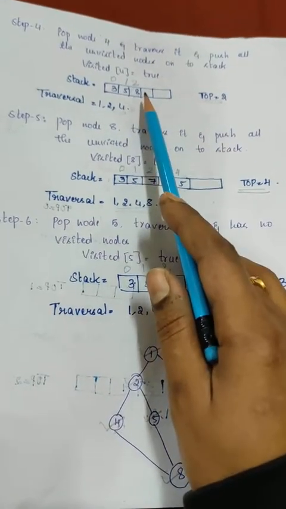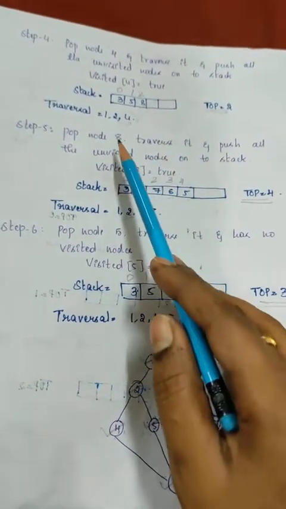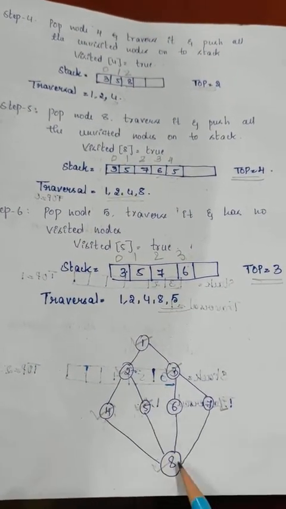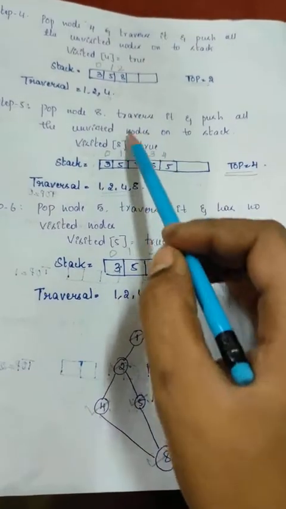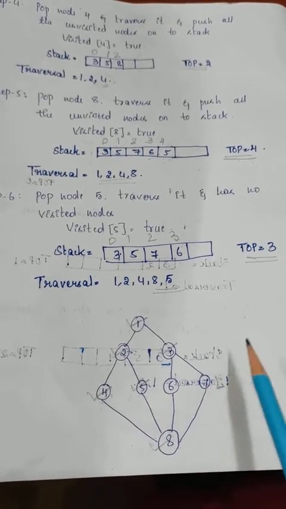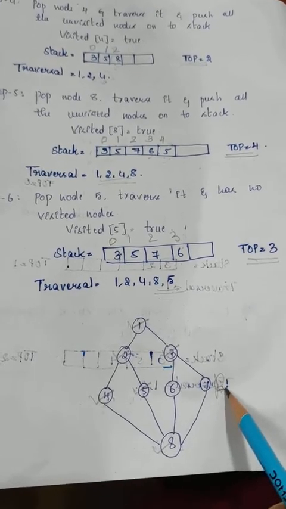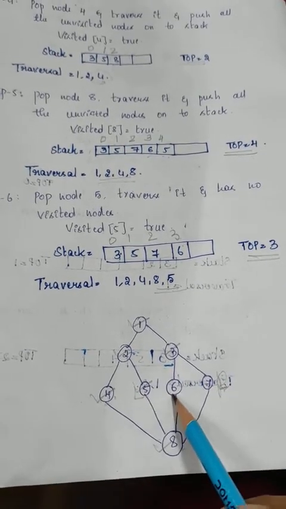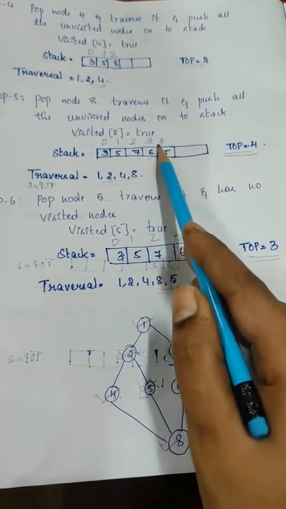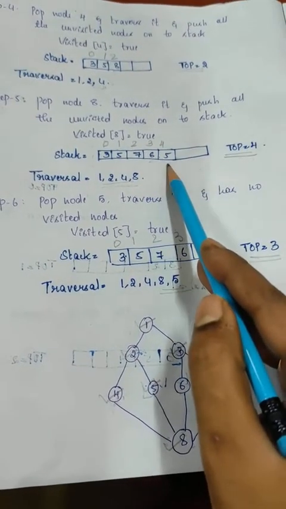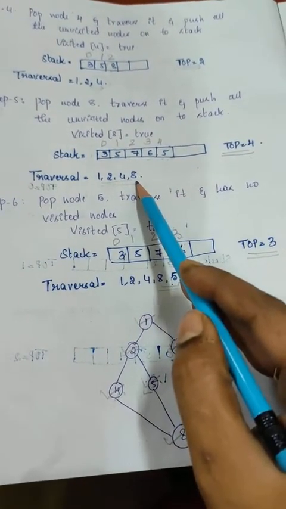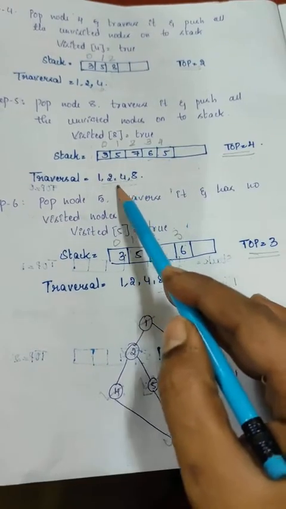Which is my top element now? The top element is 8, and we'll see where it is traveling. It is traveling to 4, 5, 6 as well as 7. Already 4 is in the traversal, so no need to take that. The remaining elements we take are 5, 6, 7. We go from right to left, so 7, 6, 5. In place of 8, I am inserting 7, 6, 5. Next, the top position is 4 and the top element is 5, so we pop that 5. The traversal is 1, 2, 4, 8, because we have popped 8.